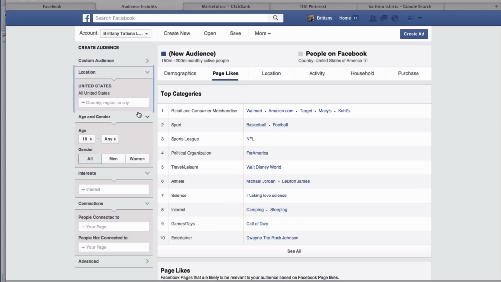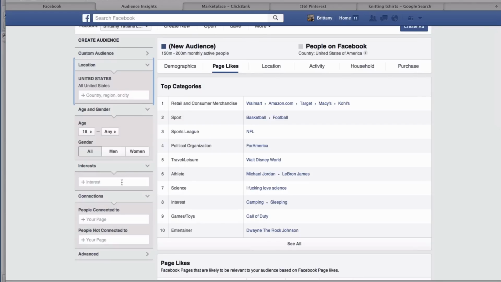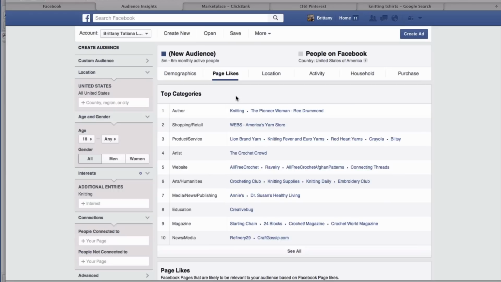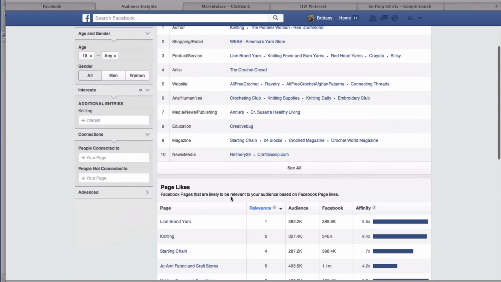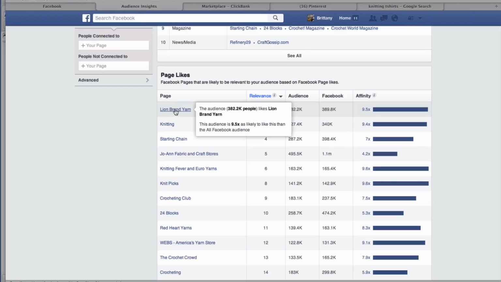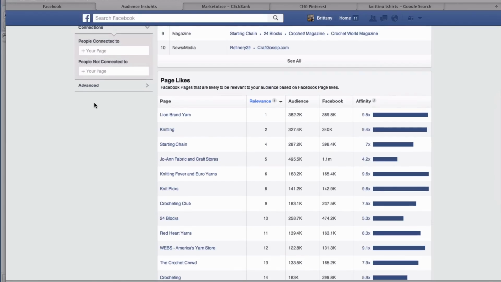So what I'm going to do is scroll down and select interests, all right? And I'm going to just start by entering in knitting, okay? So knitting. And then what I want to select is page likes, so it's already on page likes. And I'm going to scroll down and we're going to look at the page likes area here. So we're looking at a few things, affinity and relevance, okay? So number one is Lion Brand yarn, all right? So Audience Insights is telling us that people who like the interest knitting are 9.5 times more likely to like Lion Brand